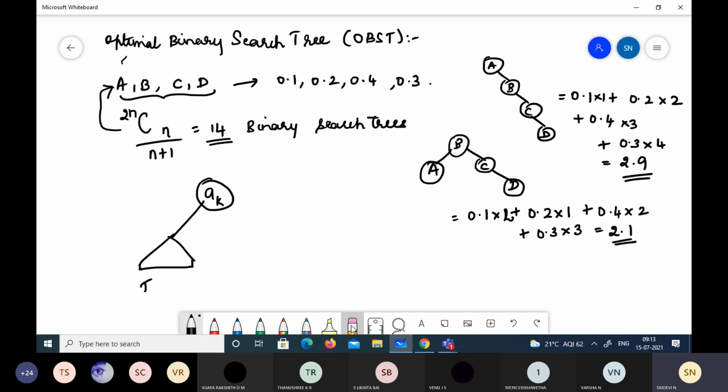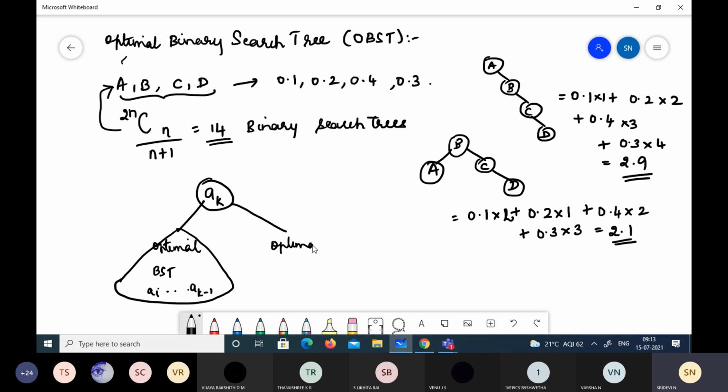Once again, on the left we will have the optimal binary search tree for A_i to A_(k-1), and on this side we will have the optimal BST for the keys A_(k+1) to A_j.